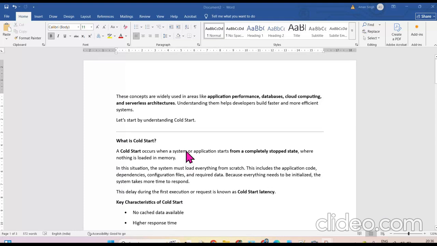Hello everyone. So today's video is targeted for this week, targeted for cold start and warm start. So basically, stay tuned in the video. I will explain what exactly is cold start and warm start. So basically, let's talk about cold start, warm start. Cold start, warm start are basically concepts within AWS, which are widely used in the application performance, database, and